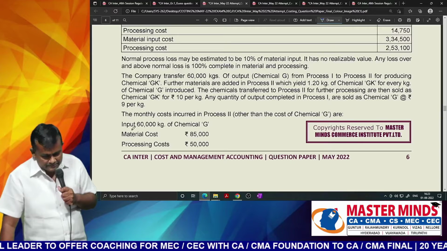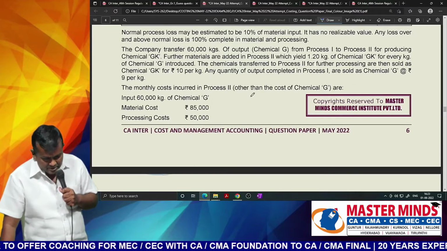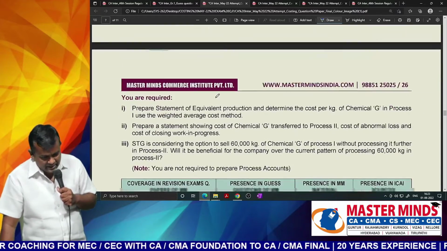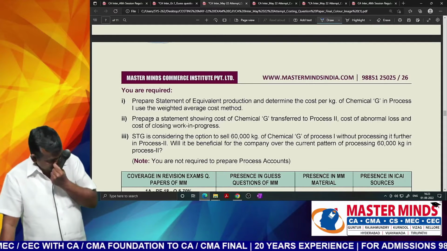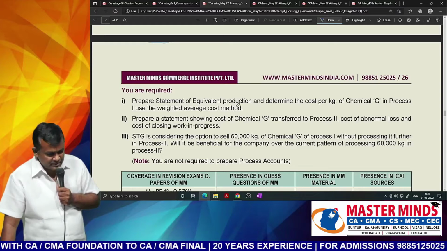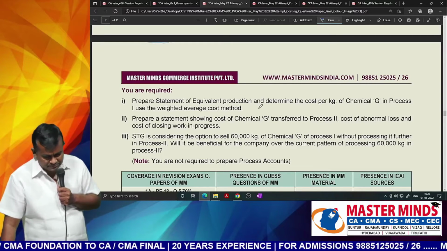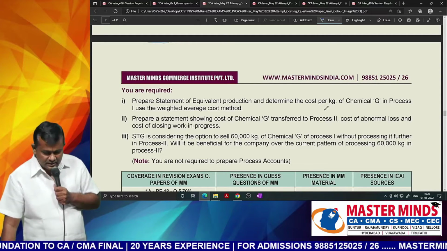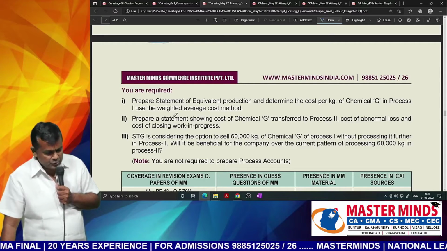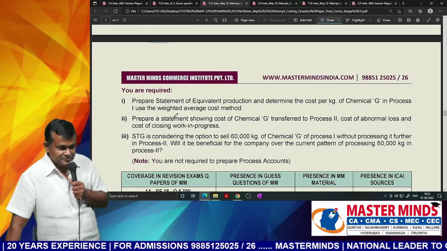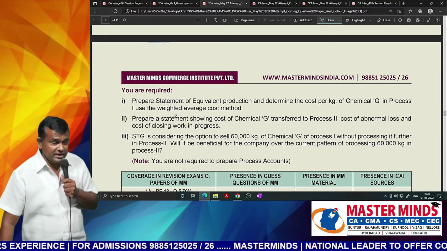So here the monthly cost incurred in process 2 are given as under. Next, what they are asking in this question, you are required to prepare a statement of equivalent production and determine the cost per kg of chemical G in process 1. Use the weighted average method. Lucky fellow, weighted average method. So in weighted average method,